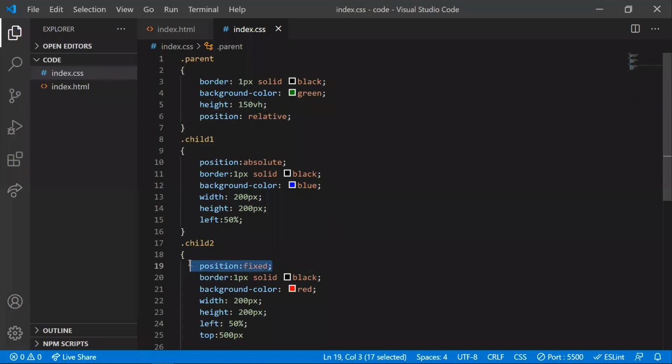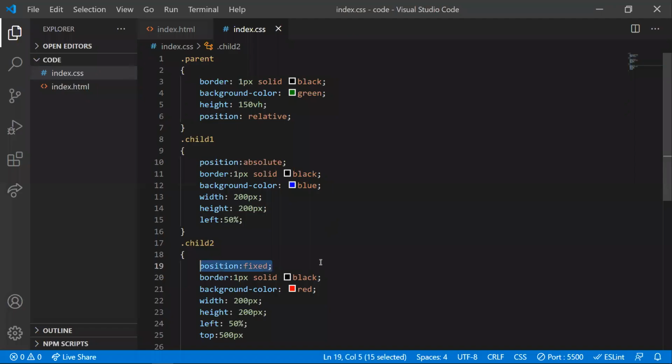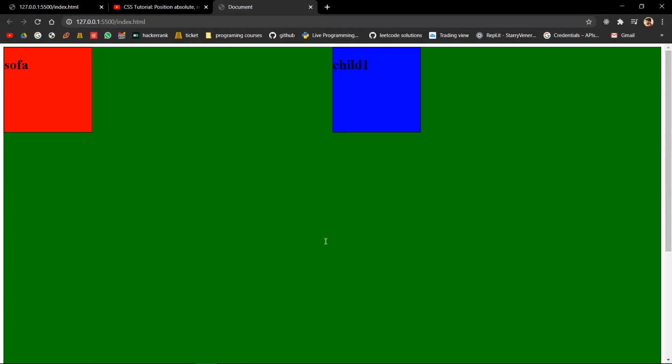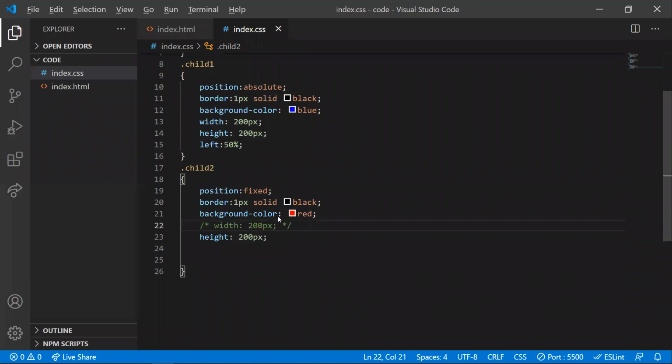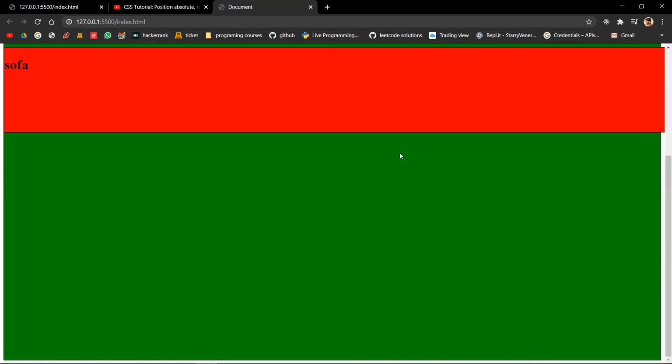So for fixing this, we need to give the position as fixed so that it doesn't move. If you take this as a nav component, then it stays over there. So now if you move down, it doesn't move, like it is fixed to that position of the div, so that it doesn't move to any place even though we scroll down. So this is all about dealing with positioning using CSS. Thank you.